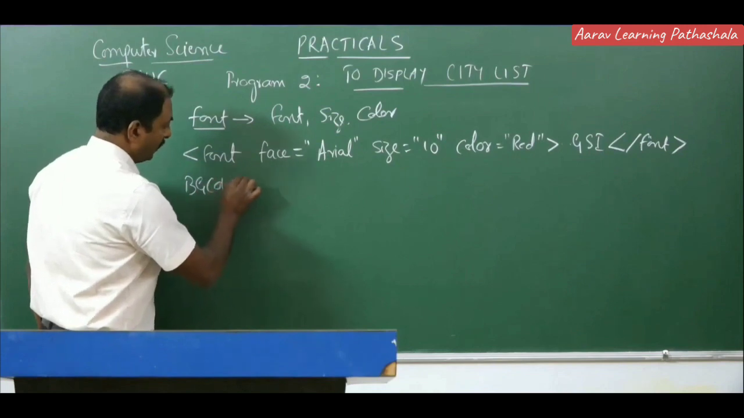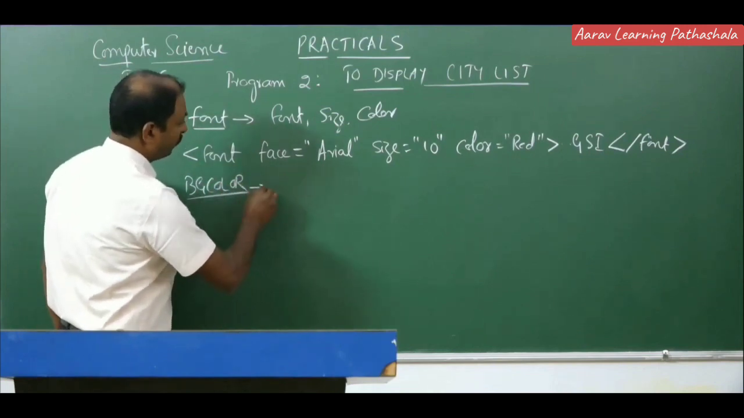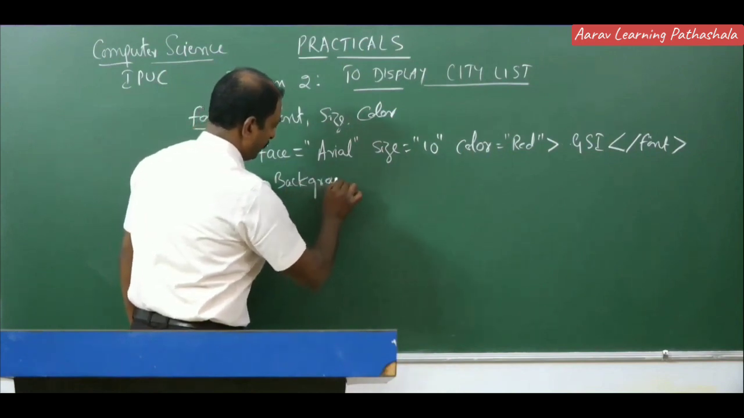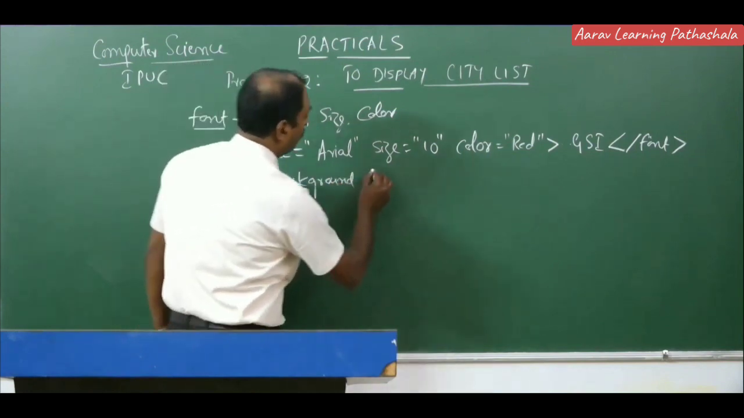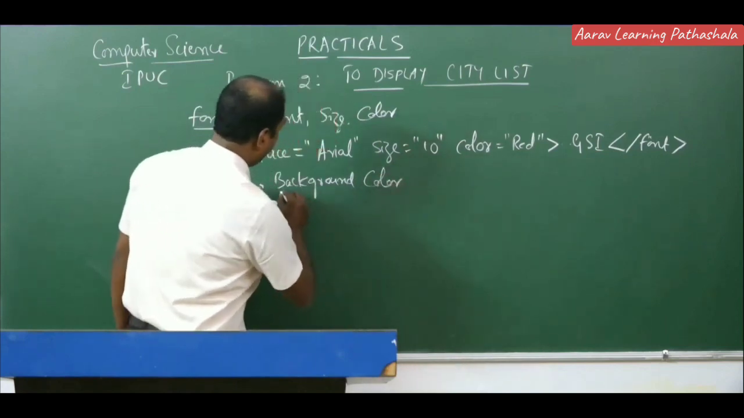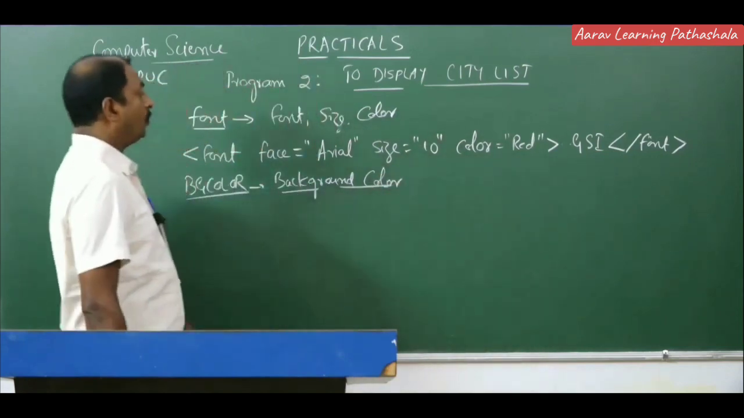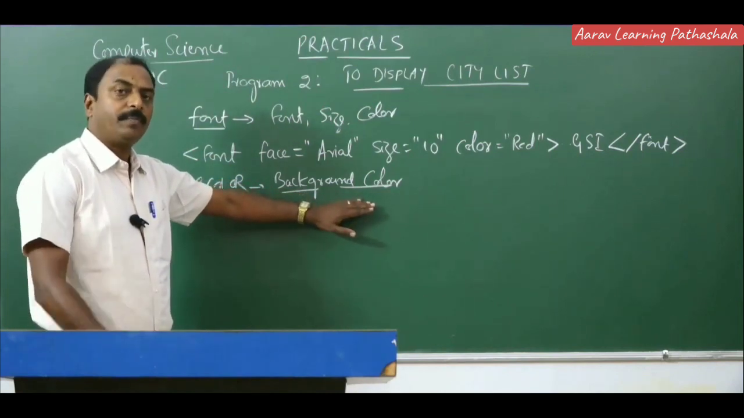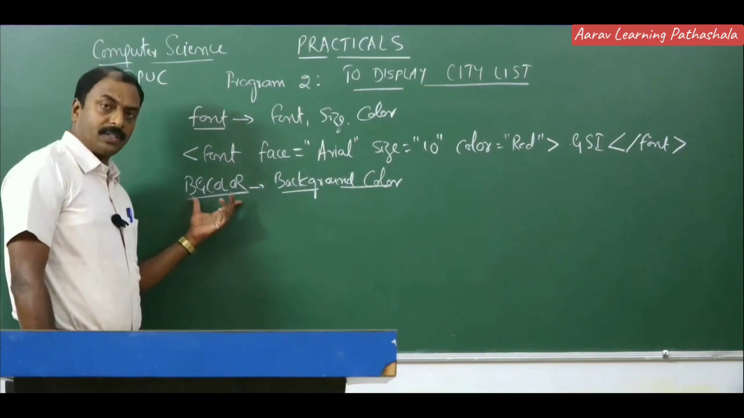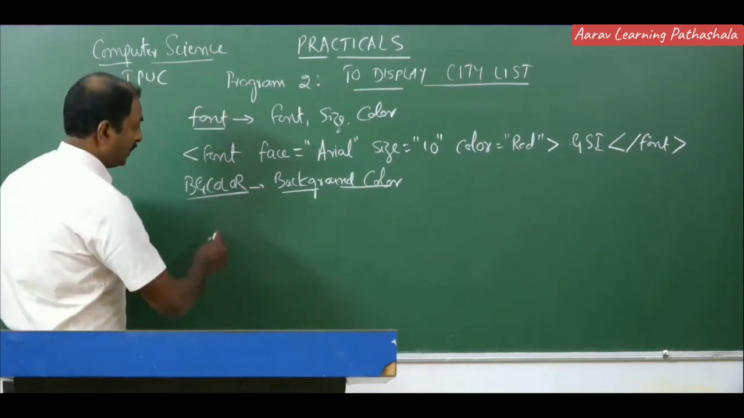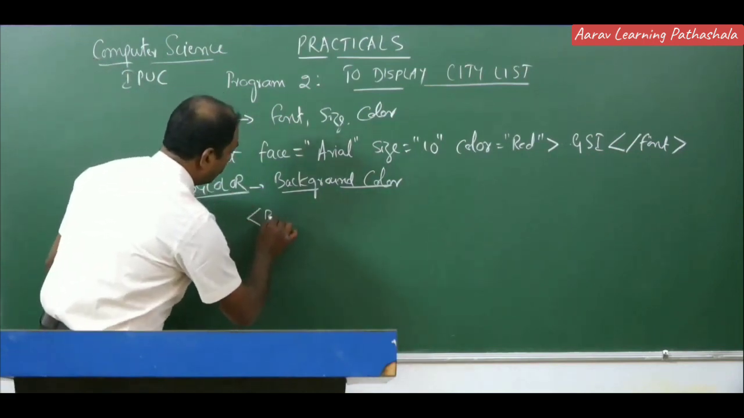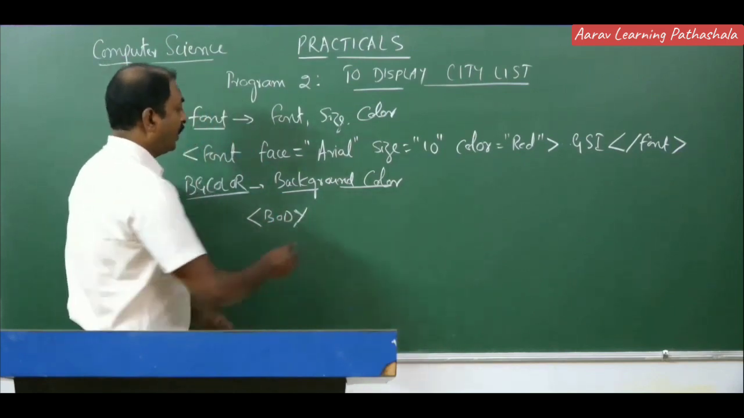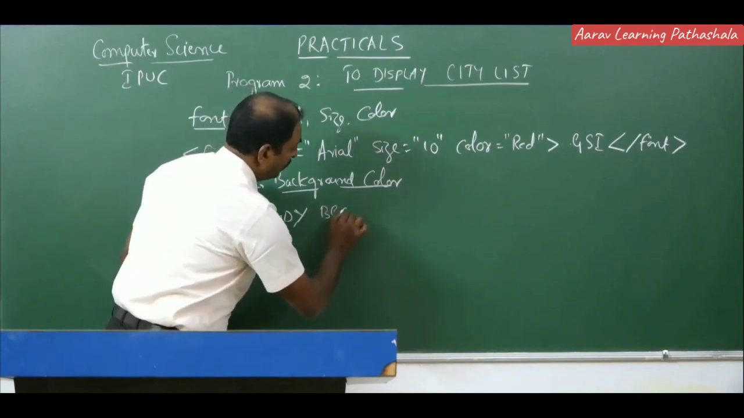Next tag is BG color. It stands for background color of the web browser window. So we can display the contents of our web page with different backgrounds. Generally we use this with the body tag. You know what a body tag is? So here is the body tag, and before closing the body tag we are using this BG color